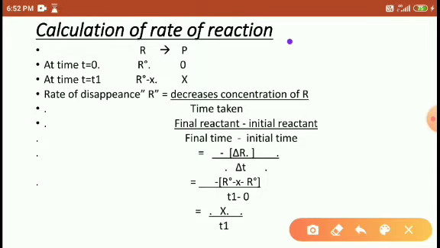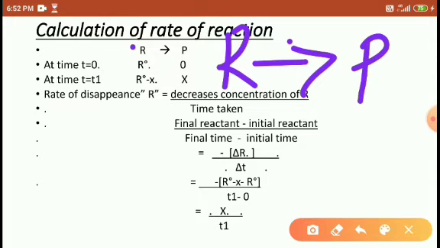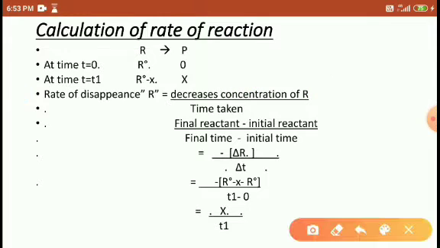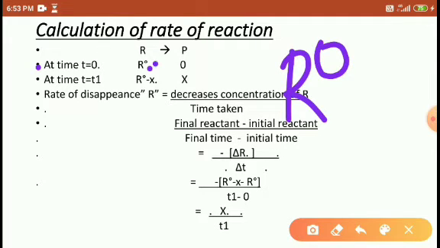In these calculations, we know that here one reactant, I am using R to stand for the reactant, turns into the product P. Yes, friends, turns into product P. Before formation of P, at the time t equal to 0, the R concentration is considered as R naught, because the reactant R has not been transformed into product, so its concentration is considered as R naught here. And product will not be formed here, so the product concentration I have taken as 0.